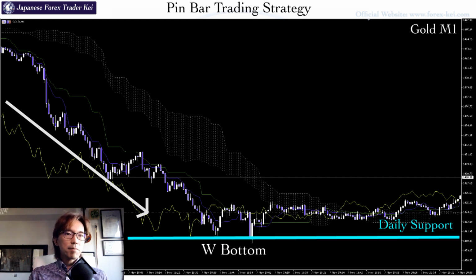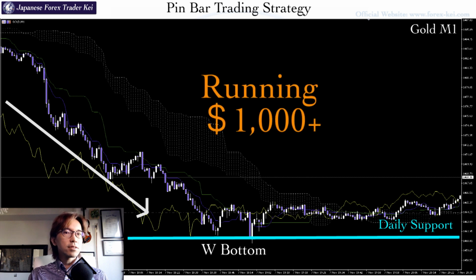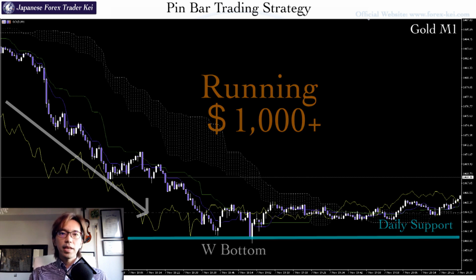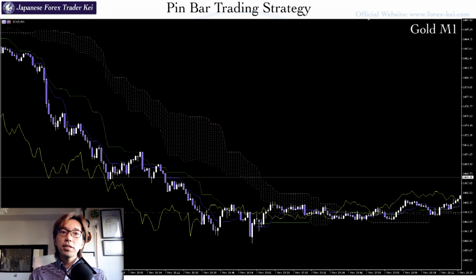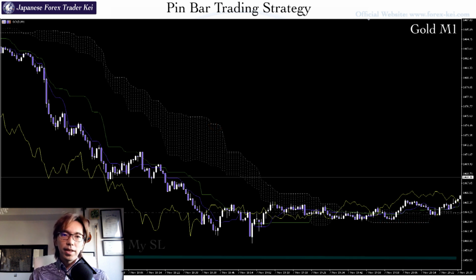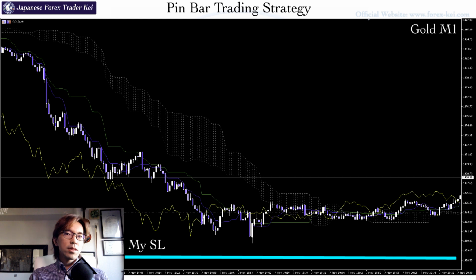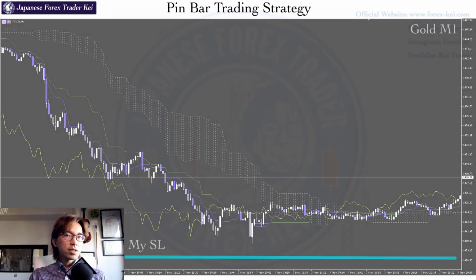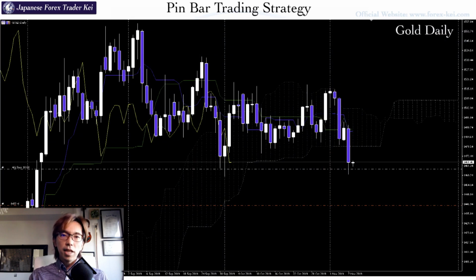And after I confirmed this little pushback and this consecutive thrust up, I placed buy here and had running profit of like $1,000 when I took this screenshot a few hours later. And in this case, my initial stop loss was right here, just below the double bottom with just about like 7 pips or so, a very small risk, but I can still expect a big reward on this daily time frame up to the top of the channel